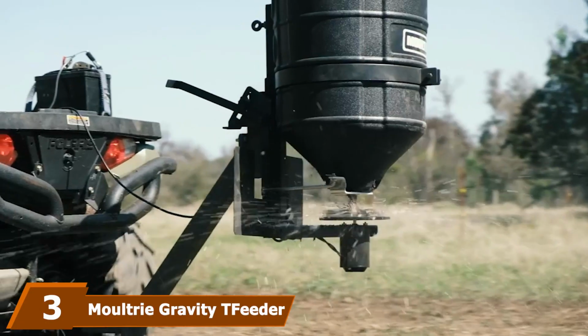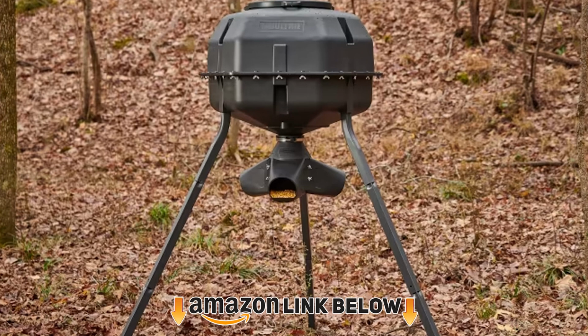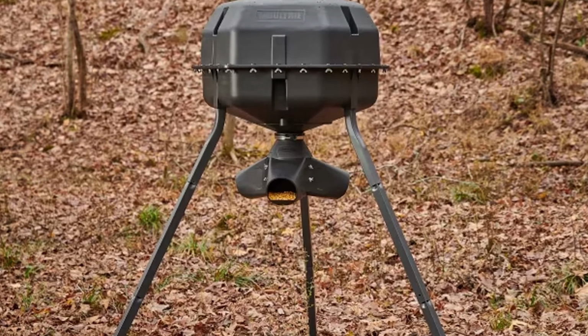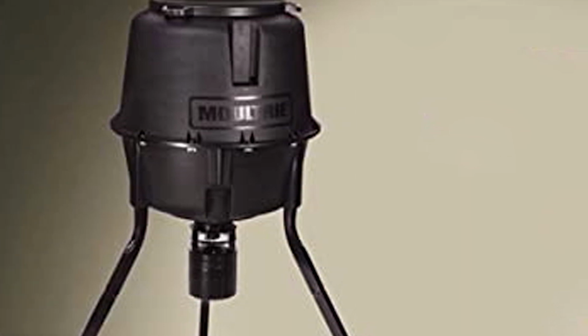The number 3 position is held by Moultrie Gravity Tripod Feeder. This is another tripod feeder that has a large 200 lb capacity and 3 feeding ports, but at a more affordable cost. What it's really great for is protein pellets in the spring and summer thanks to the adjustable flow. That said, it does have a quick lock adapter to switch it to an automatic spin cast feeder that's great